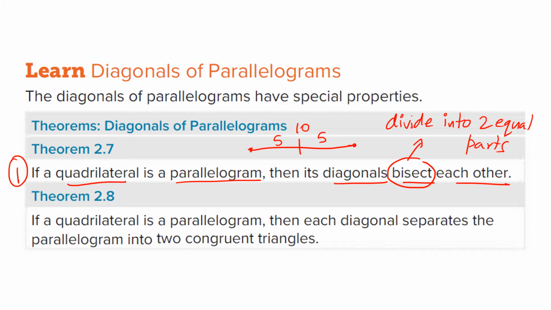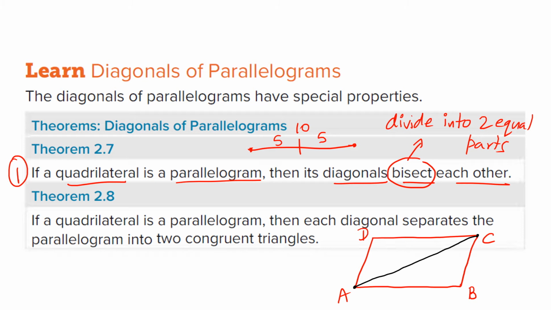So I will draw here. This is a parallelogram. And if you have the non-consecutive vertices like A and C, these are non-consecutive opposite vertices. You connect them with the diagonal, then AC is a diagonal of the parallelogram. Then this diagonal bisects the other. Can you draw another diagonal? And as you see, this diagonal divides it into